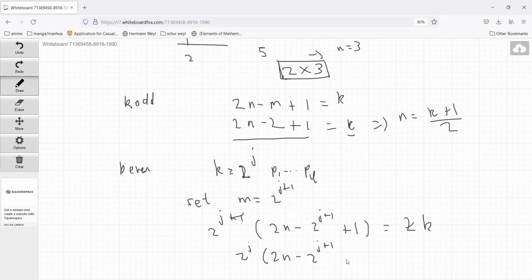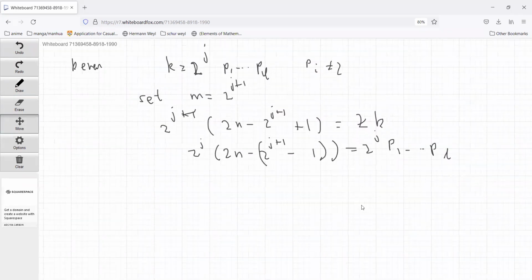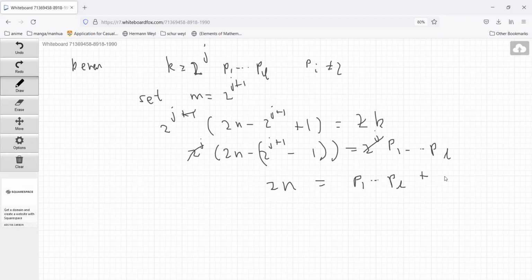plus 1, or minus 1 because I'm going to add them to both sides afterwards, is equal to k, but k is 2 to the j, p_1 through p_l. Once again, p_i is not equal to 2. So I can cancel through the j's on both sides, and I have 2n is equal to p_1 through p_l, plus 2 to the j plus 1 minus 1